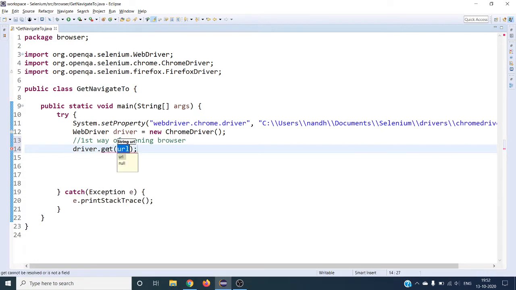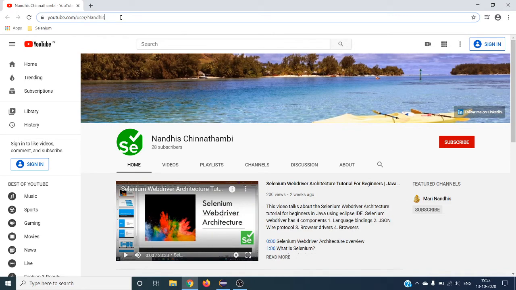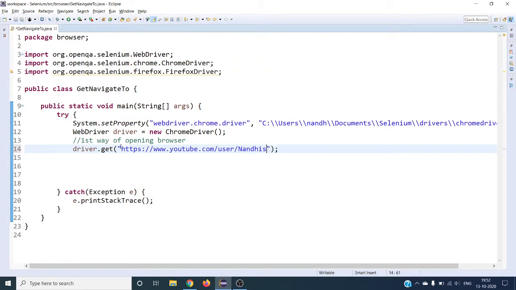This is the first method that usually everybody uses, where you give your application URL. Let me take my YouTube channel's URL. This is the complete URL you have to give, and this way it will launch your application URL.